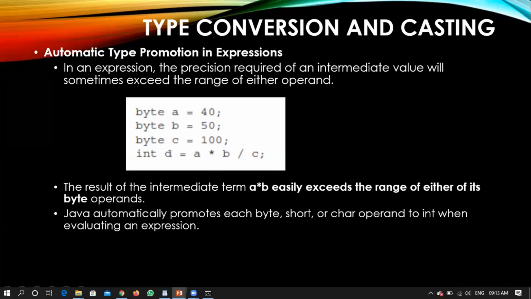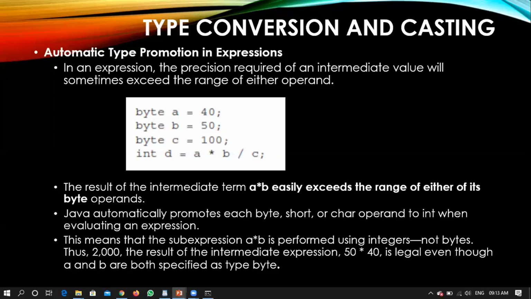Java automatically promotes each byte, short or char operand to an int when evaluating an expression. So whenever you have an expression, these things will be promoted to an integer value. This means that the subexpression A into B is performed using integers, not bytes.